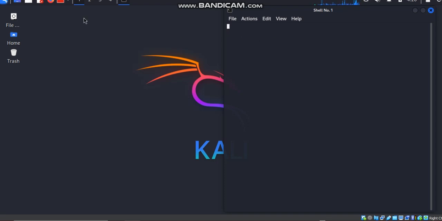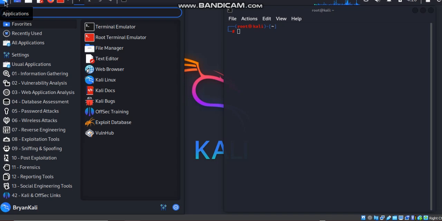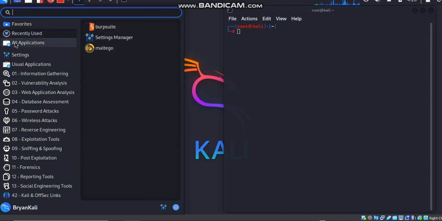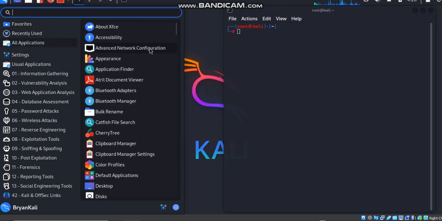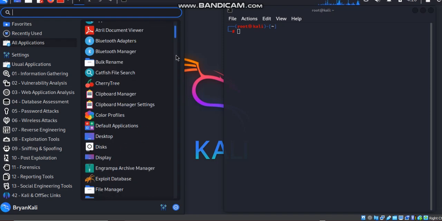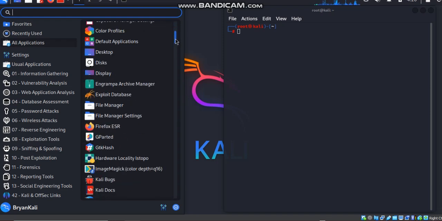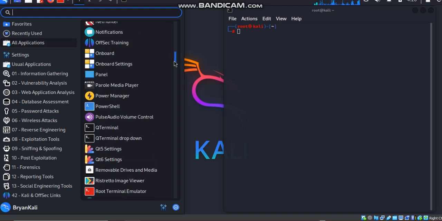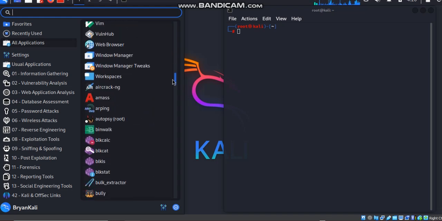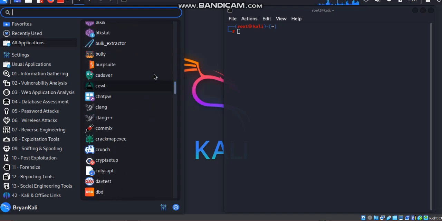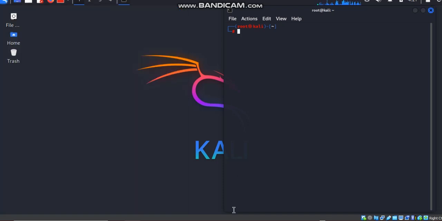Okay. Now, the Burp Suite is found in your Kali machine. I think when you go to all applications and scroll down, you will find the Burp Suite is inbuilt. It came in the Kali, but when I was using my Windows, I had to go and download it separately. So this is the Burp Suite. I click it to bring it up.